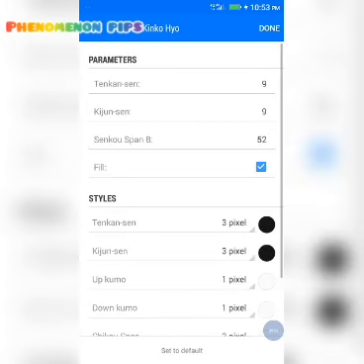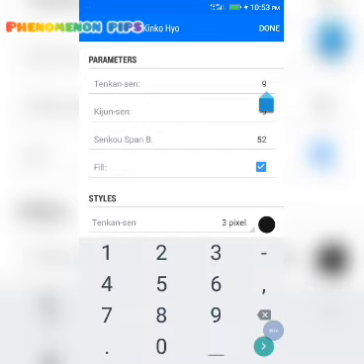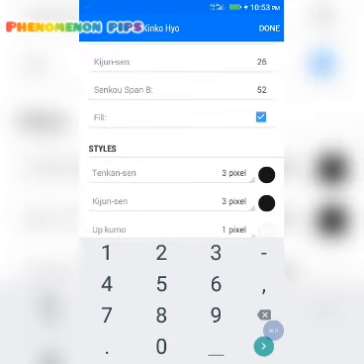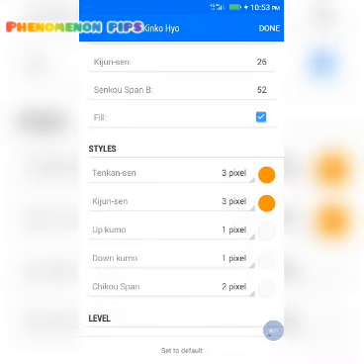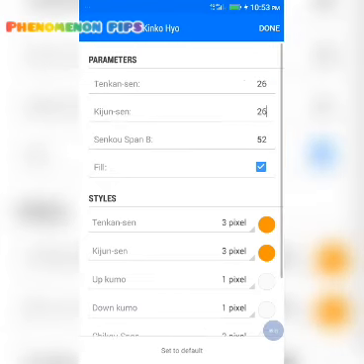The second Ichimoku that we're going to add is 26, 26, 26, 52. Black, 3 pixel, then gold, gold, and then 1, 1, 1. Just the color you need to change here. Good, so done.